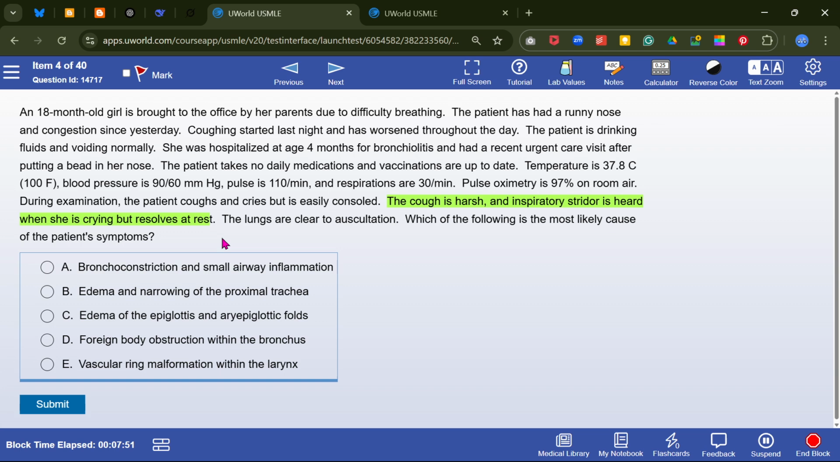Is it laryngomalacia? Inspiratory stridor. Crying results at rest. If he cries,